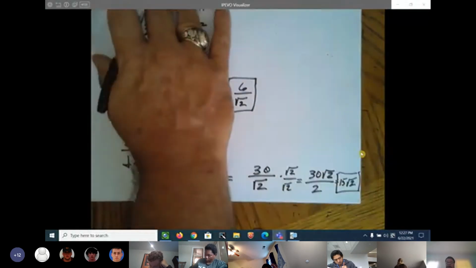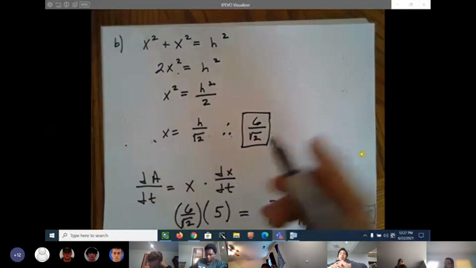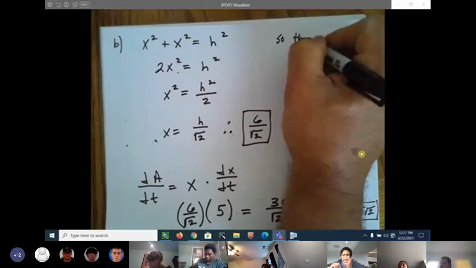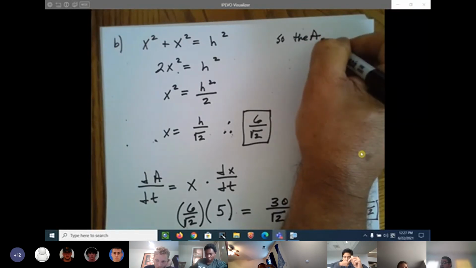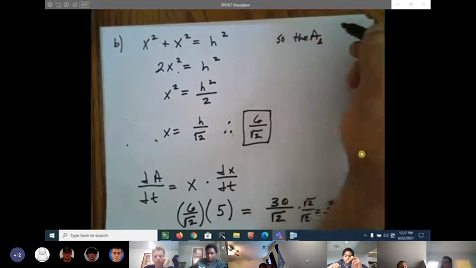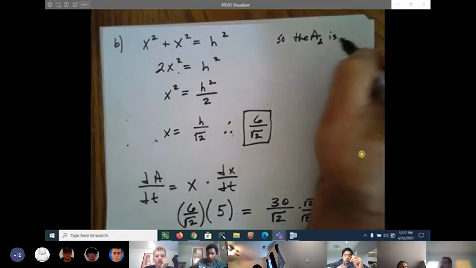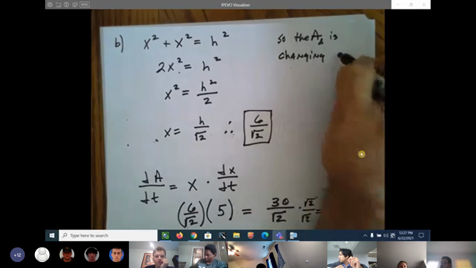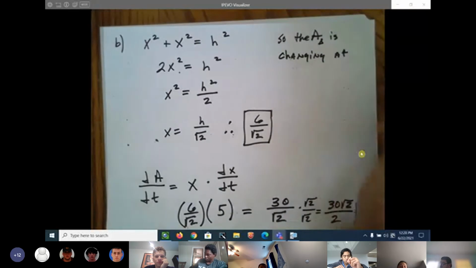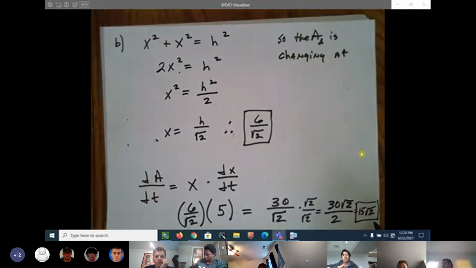So the area of the triangle is changing at what? What's 15 times 1.4? 15 times 1 is 15, and then half of 15 is 7.5. So that's going to be,